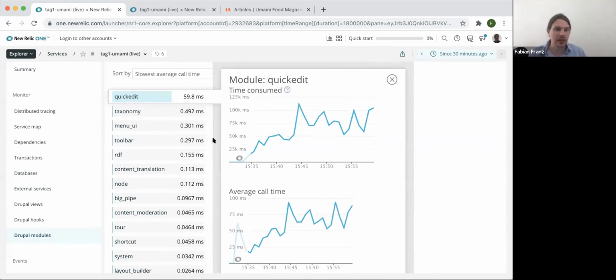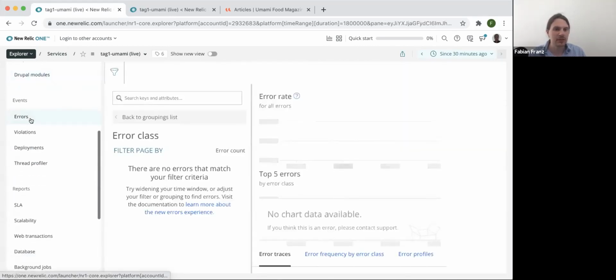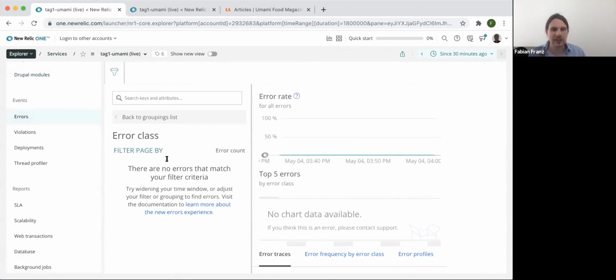So we know something is up with that. We already figured out what, but if we hadn't yet, for the traces, this would have given us another entry point of finding, hey, what's going on with the system? Why is this performing so bad? Then we have errors here. Pantheon is really great that regardless how much traffic you put, there's no errors here.